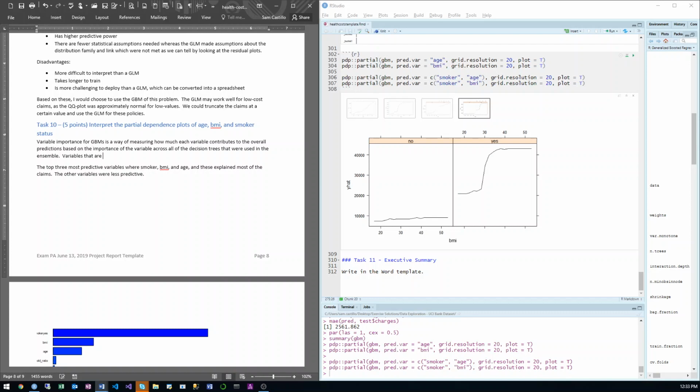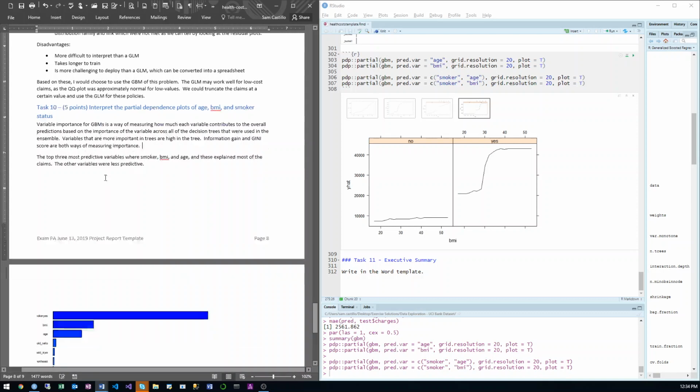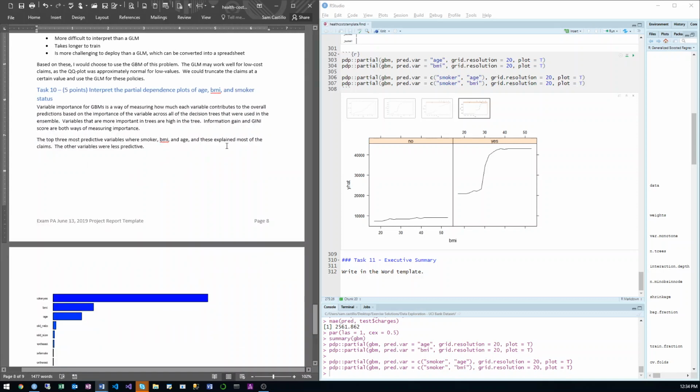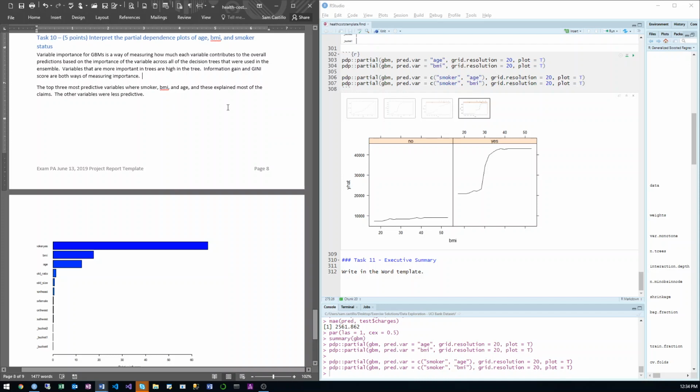Variables that are more important in trees are higher in the tree. Information gain and Gini score are both ways of measuring importance. In a GBM, the importance, yeah, I think that's good. And then I'll say the top three most predictive variables are smoker, BMI, and age. And then for the